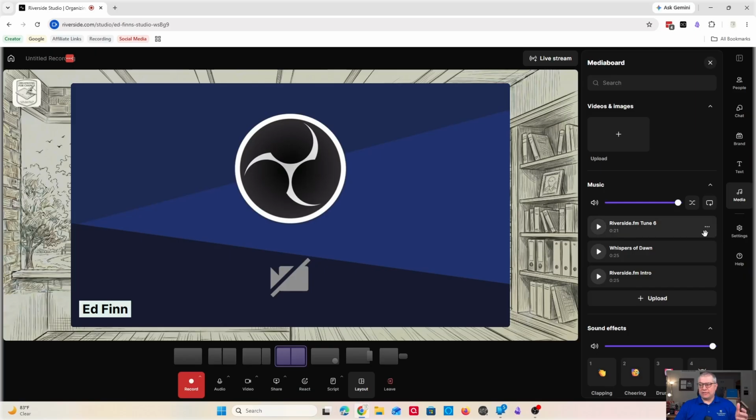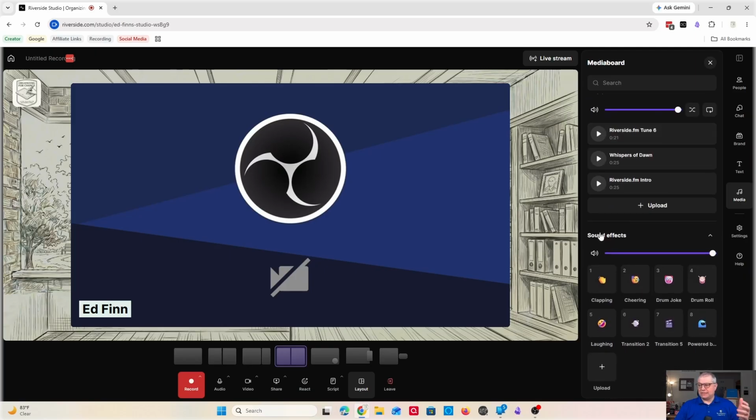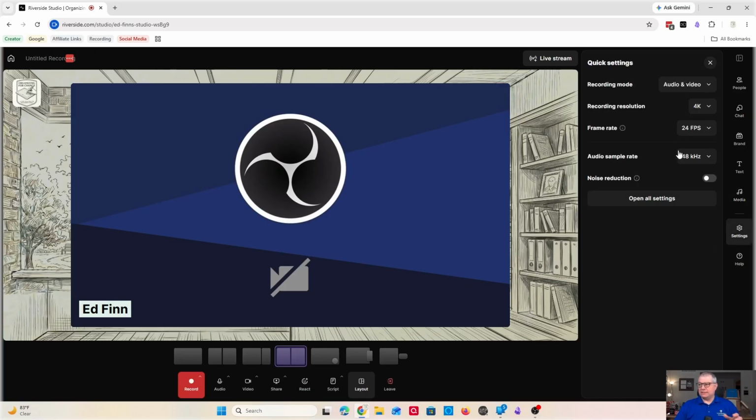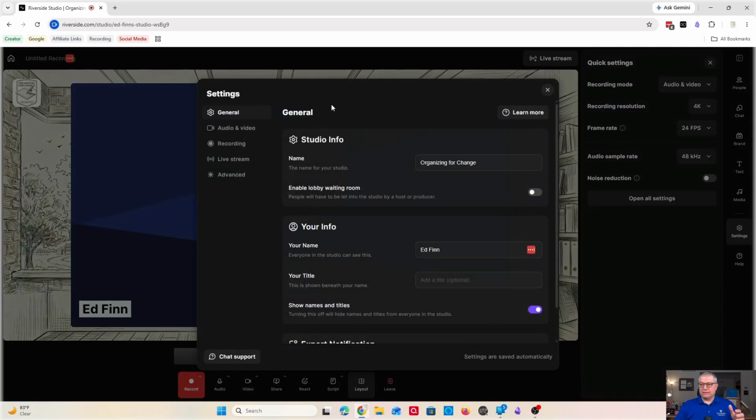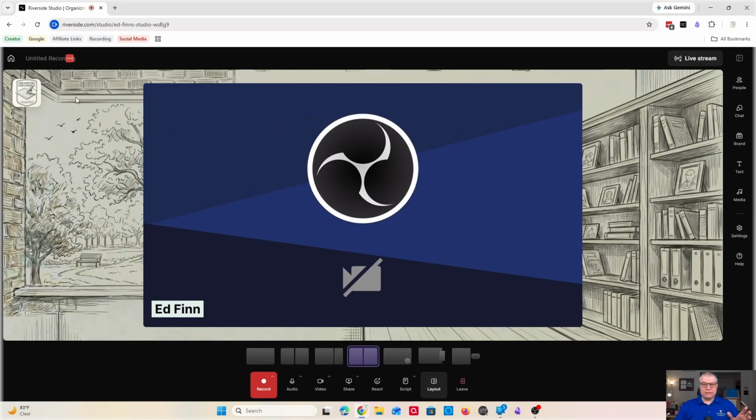You even have audio, so you can add in layers and sound effects. You can add in cheering or clapping. A lot of different things you can do with this. And then you can go in and have your settings and look at your sample rate, whether you want 4K, 1080p, noise reduction turned on. And you can also go to your full settings panel that gives you all of the different things that you want to do. Really cool, really powerful,